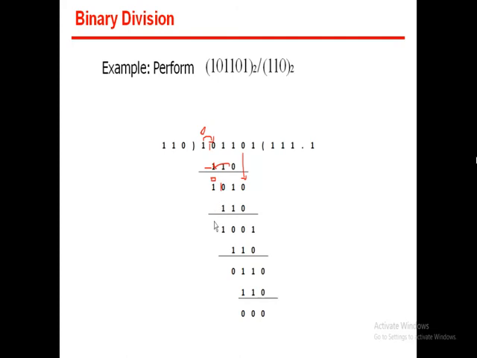1001. So it is divisible. So we put 1 here. 1 into 0, 0. 1 into 1, 1. 1 into 1, 1. So it is 1, 1, 0. So subtract this. What will be the result? 1 minus 0, 1. 0 minus 1, we can't subtract. So we try to take a borrow from here, but here it is 0, we can't take. So we move to the next position.